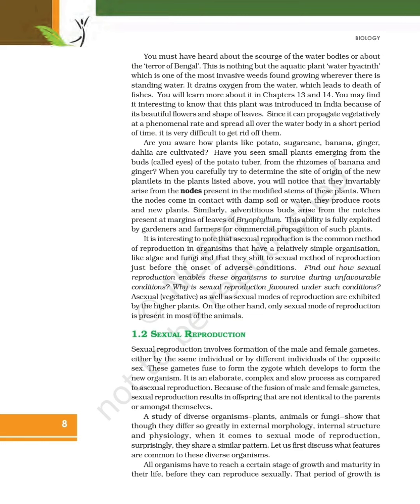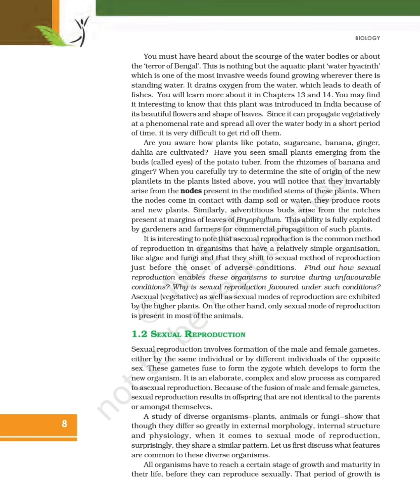Exercise 1.2, Sexual Reproduction. Sexual reproduction involves formation of the male and female gametes, either by the same individual or by different individuals of the opposite sex. These gametes fuse to form the zygote, which develops to form the new organism. It is an elaborate, complex and slow process as compared to asexual reproduction. Because of the fusion of male and female gametes, sexual reproduction results in offspring that are not identical to the